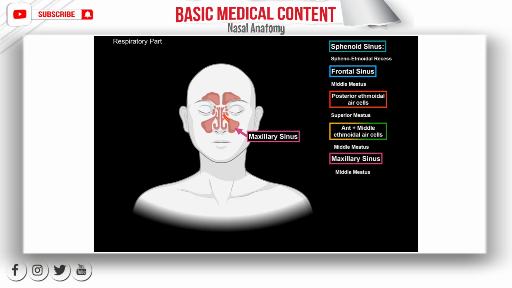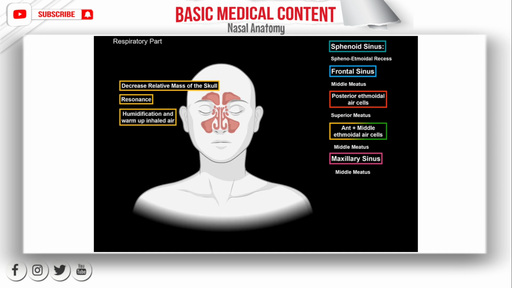here. Now, why do we have these sinuses? Well, your skull is pretty heavy. And since these sinuses are relative cavities, they are thought to decrease the relative mass of the skull, as well as help resonate the sound as you speak. And since they're lined with mucosa with a lot of blood, they will also help warm up the air and humidify it as it goes further down the respiratory system. Lastly, and one of the most important functions of the sinuses, is to produce mucus, to keep the nose